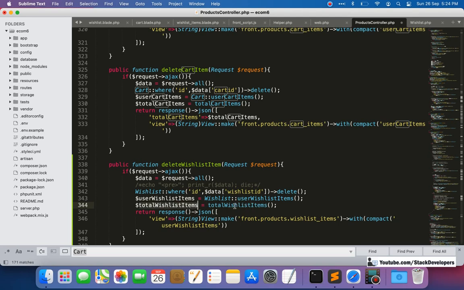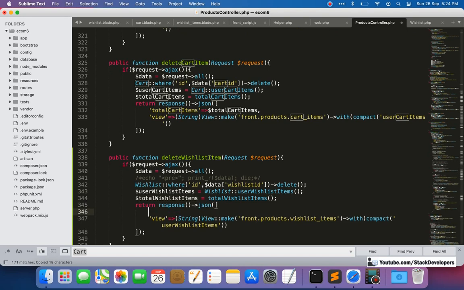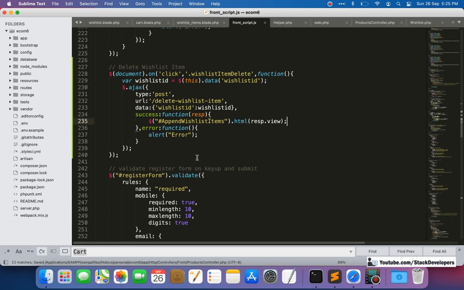And this one we will also send in the Ajax response, like this total wish list items. So this one we can have in the Ajax view, and we are going to update this one as well.